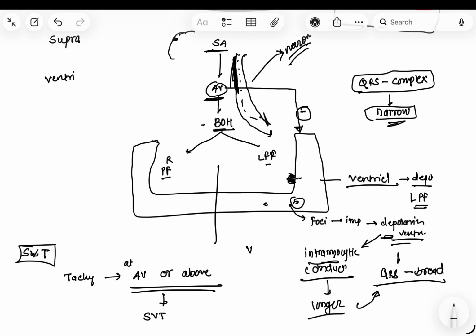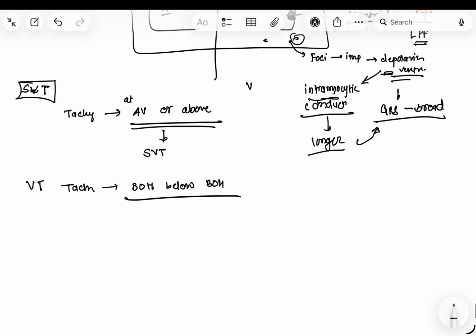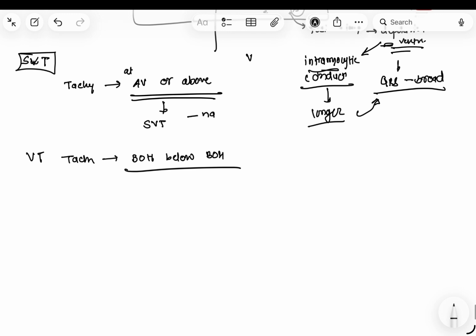Now tell me one thing, if we consider supraventricular tachycardia, in every supraventricular tachycardia the normal neuronal pathway will be there. Like, suppose there is a foci at the atria, it will depolarize the SA node or depolarize the AV node directly. After depolarization of the AV node, it will eventually depolarize the bundle of His and then the right and left Purkinje fiber. So it will follow its natural path. So what do you think we will get in the QRS complex? We will get a narrow QRS complex,